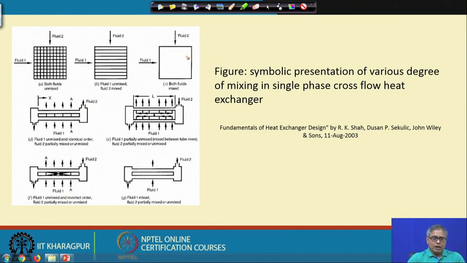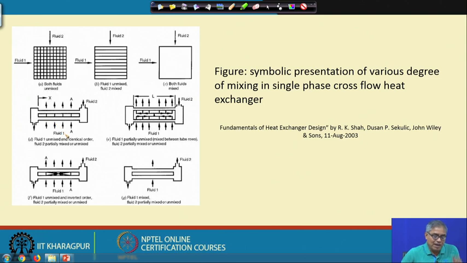Actually, the way we have shown symbolically thoroughly mixed, it cannot happen that way, but there will be different levels of mixing. So, here you see, this is a kind of heat exchanger. The fluid is coming in some sort of inlet plenum, and from there it is passing through the tube and going to the outlet plenum, and ultimately it is going out of the heat exchanger. Let us say this is some sort of liquid that is passing through these two tubes, and let us say these are gas. That is passing across the tubes, and then there are gas passages.